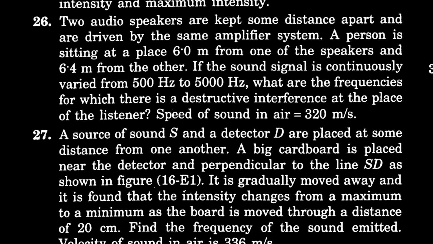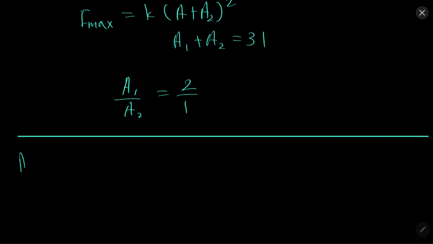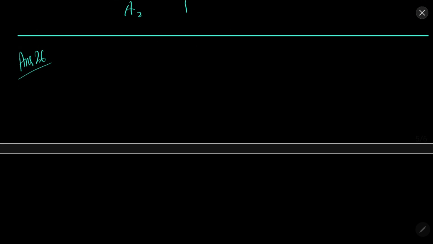In question 26, two audio speakers are kept some distance apart. We need to find the frequencies for which there is a destructive interference at the place of the listener. Solution 26. So in this particular question, the path difference of the two sound waves will be 6.4 minus 6,